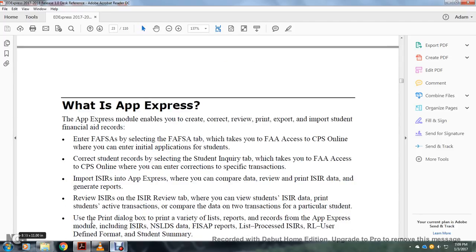What is EDExpress? The EDExpress module enables you to create, correct, review, print, export, and import student financial aid records. You can enter the password by selecting the Password tab, which takes the FAA to access the central processing system online, where you can enter the initial application for the student. For corrections to the student record, select the Student Inquiry Text tab, which takes the FAA to the central processing system online, where they enter corrections to be a specific transaction imported to the institutional student